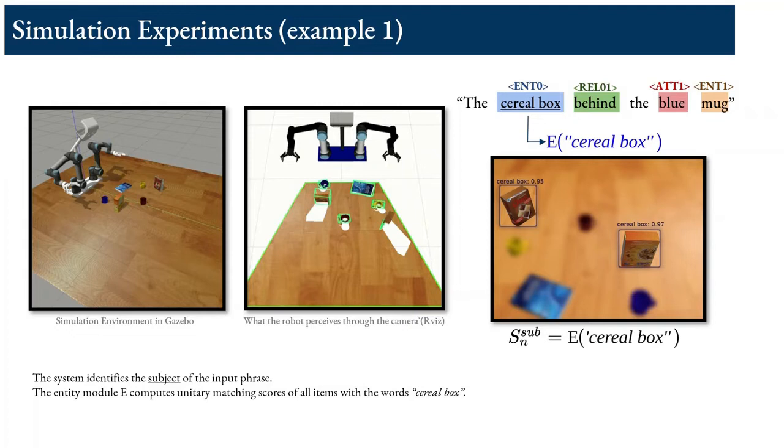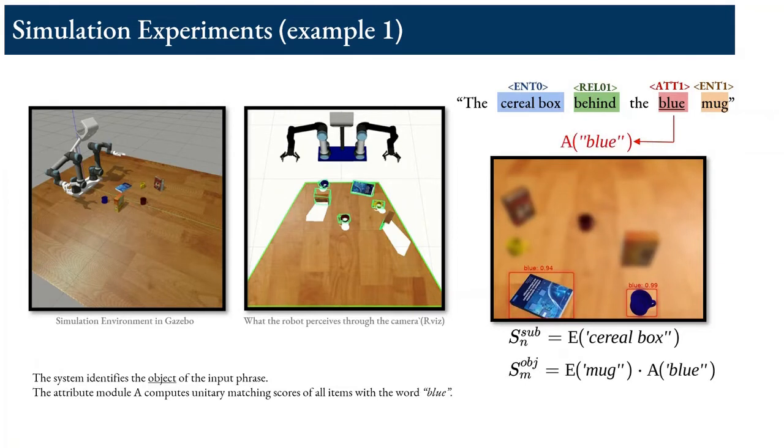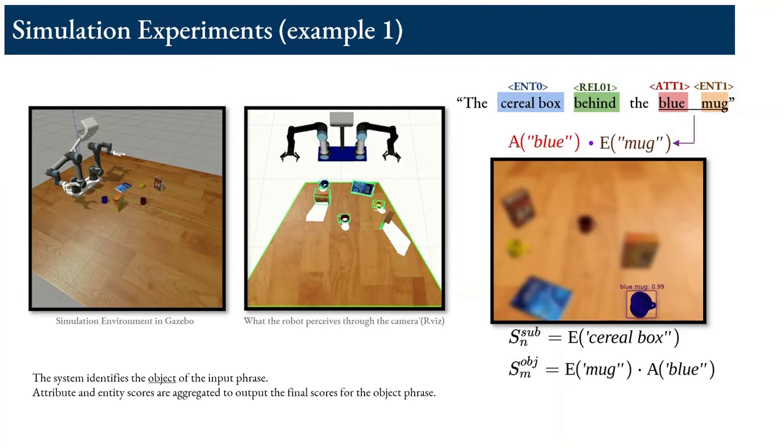The frame on the right showcases the high similarity outputs of the entity module for the words, cereal box. Similarly, for the word, mug. An independent attribute module grounds the word, blue. Entity and attribute scores are aggregated with element-wise multiplication, to ground the object noun phrase of the input query, blue